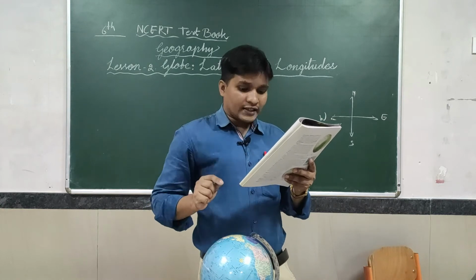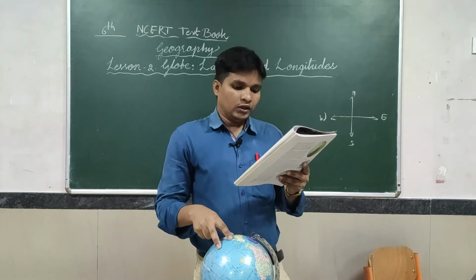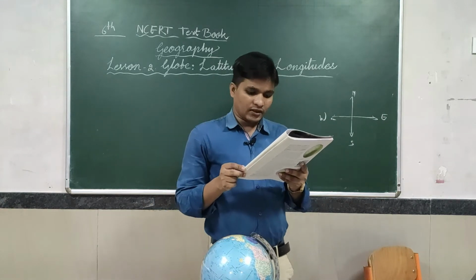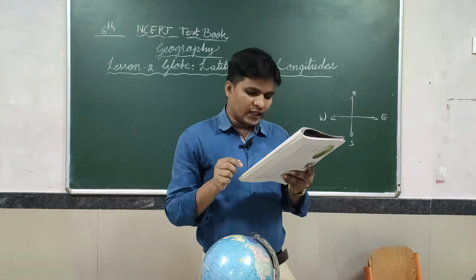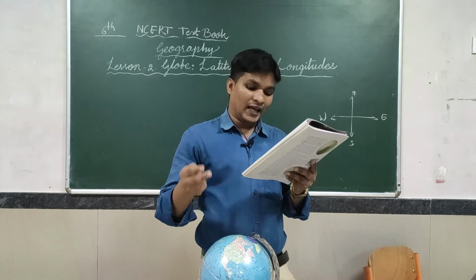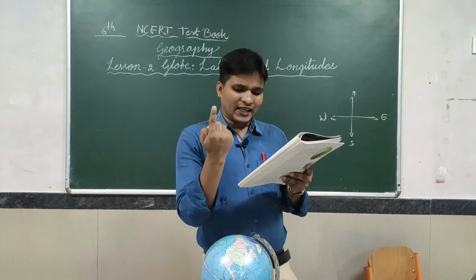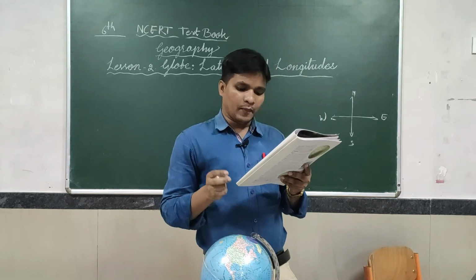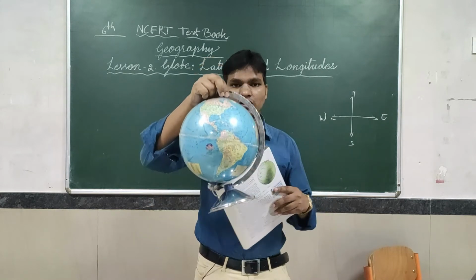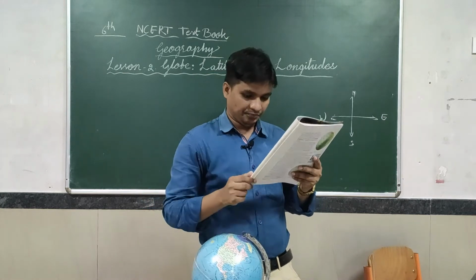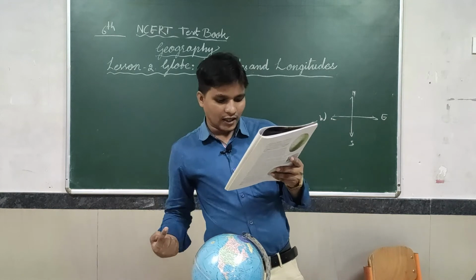But it is difficult to describe or locate a point on a sphere like the Earth. Now the question arises: how to locate a place on it? We need certain points, references and lines to find out the location of places. You will notice that a needle is fixed through the globe in a tilted manner, which is called its axis. Just as I showed you, this is the axis side, just think of it as a needle.